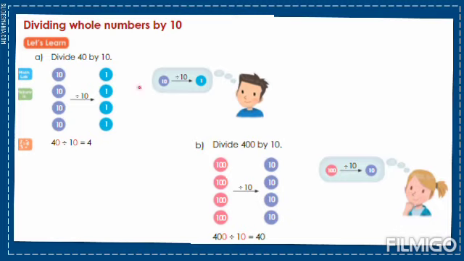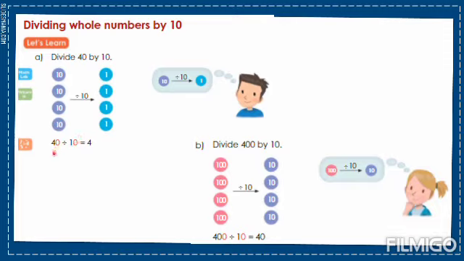So in this slide, class, we'll be learning here on how to divide whole numbers by 10. So I have here two problems. The first one is divide 40 by 10, and the other problem is divide 400 by 10. So there is a technique here, class, in dividing numbers with zeros. So what you will do is just to cancel. When you cancel, class, make sure that you cancel both sides, the dividend and the divisor. So you have your 0 in your divisor, you cancel that, and you have your 0 also in your dividend,